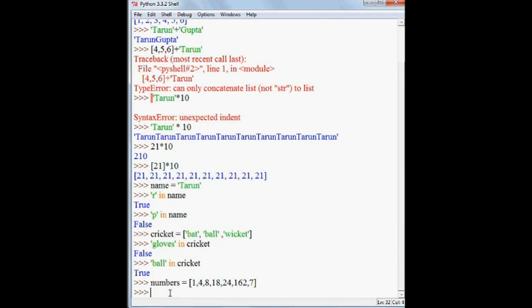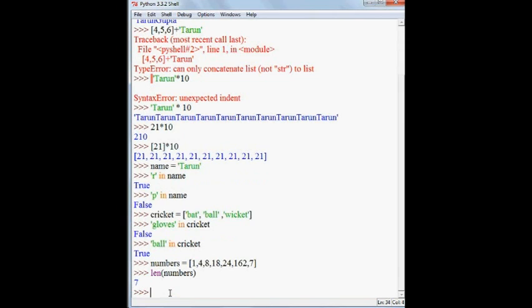We can get the length of all the elements in the list by typing the length function, which is represented by len, and then parentheses. If we want to get the length of any sequence or a string, type in len and in parentheses type in the name of the sequence or variable in which your string is stored, and then press enter.